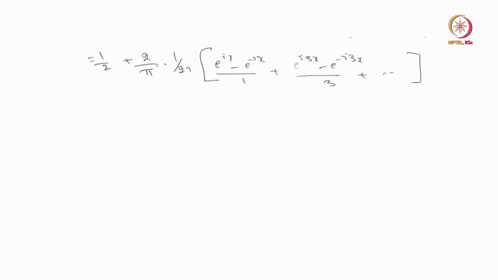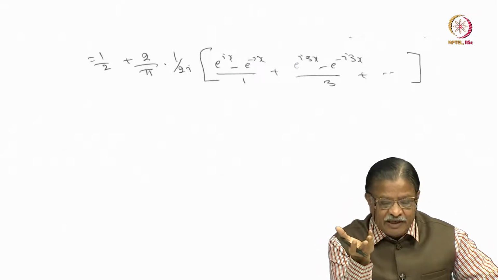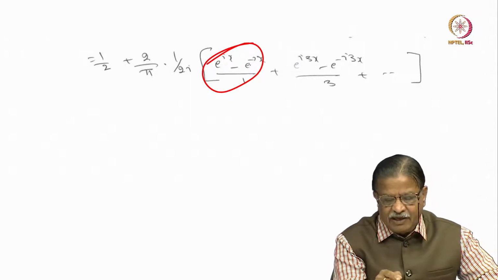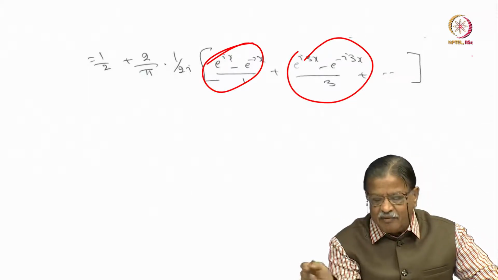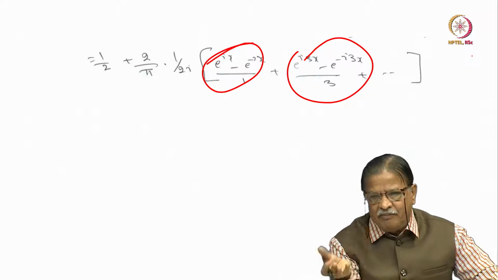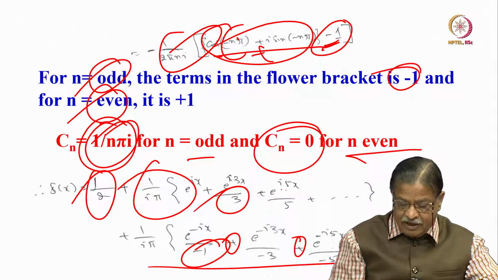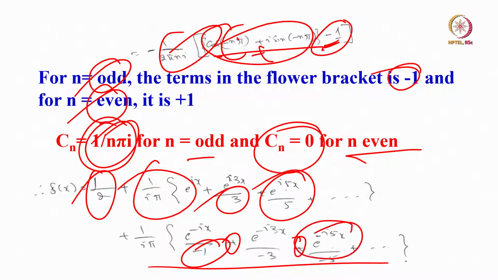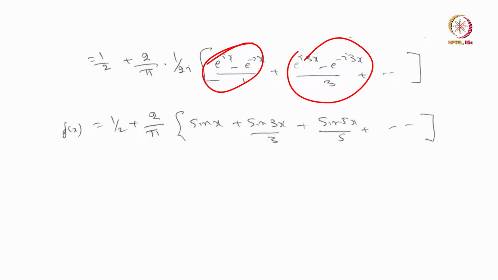So, now you can simplify it in a simple way. When you have exponential functions like e to the power of ix and e to the power of minus ix, you can combine them like this: e to the power of ix minus e to the power of minus ix. Similarly, this term like this. Very simply you can combine all these terms, because I have plus n and minus n, both values are there. As you can see here, for plus n we have e to the power of i5x, for minus n e to the power of minus i5x. Similarly, for all odd terms you have plus and minus, combine them like this and then make a simple jugglery.